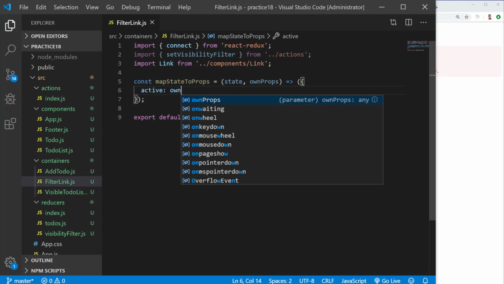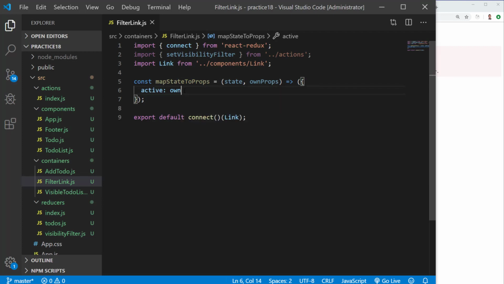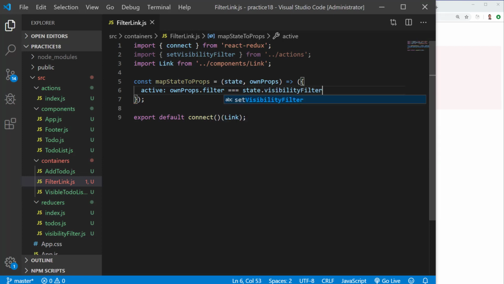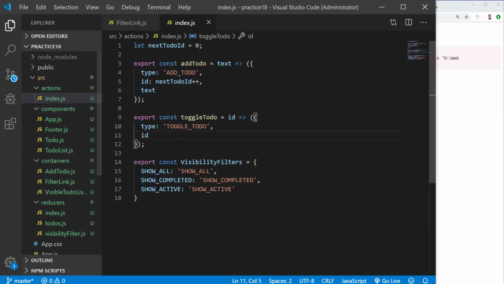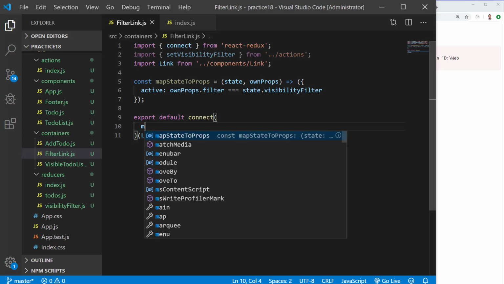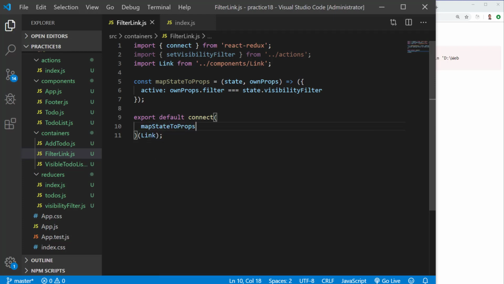So this is going to be one prop or a state that we're going to access. ownProps.filter is equal to state.visibilityFilter. Remember, if we go to index, visibilityFilters has show all, show completed, and show active. So that's the state.visibilityFilter, and we're going to pass this along as a prop. So mapStateToProps,